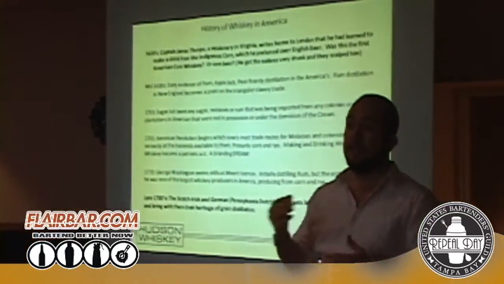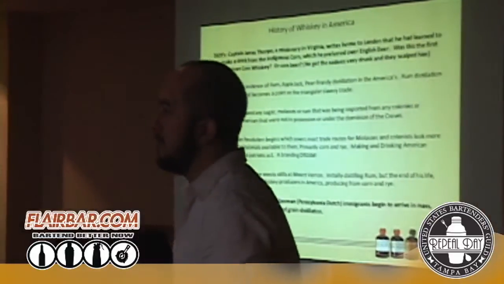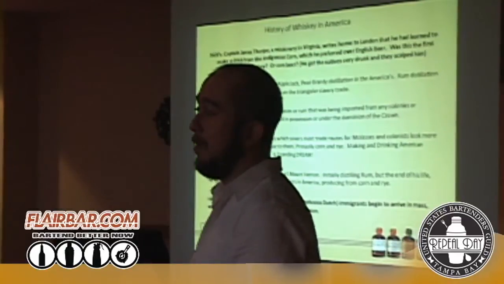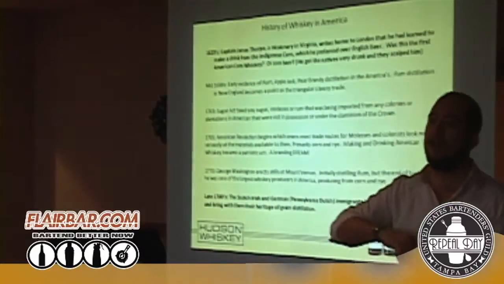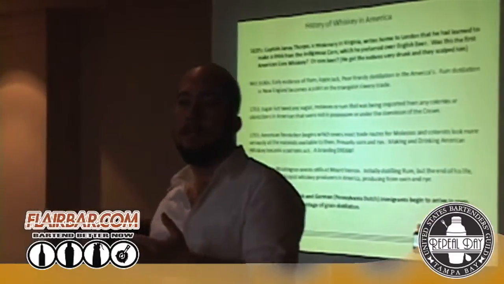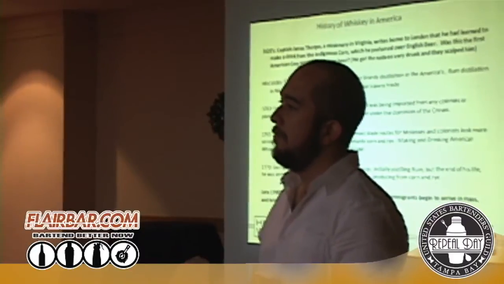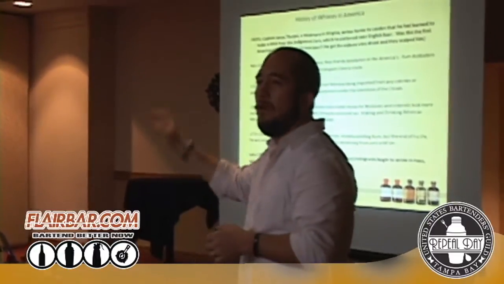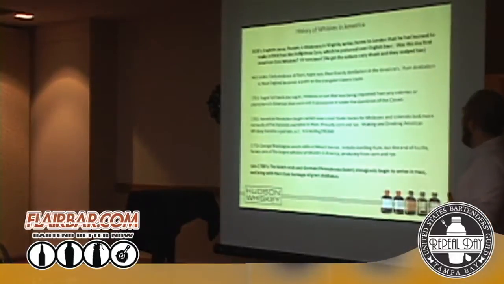But you don't really see a lot of grain distillation until the 1700s in the United States, the late 1700s. Early distillation in the United States was mostly brandies, fruit brandies, and rum, and we were not only importing rum from the islands, we were also importing molasses, and you were seeing a lot of rum distillation in New England. New England was one of the points on the triangle trade. So you were getting molasses or rum up from the islands, and we were also exporting rum out of New England and then around the colonies at that point.